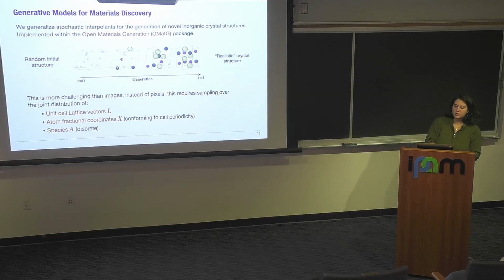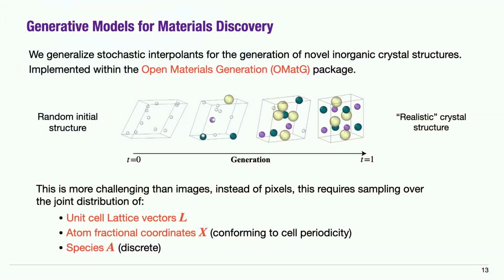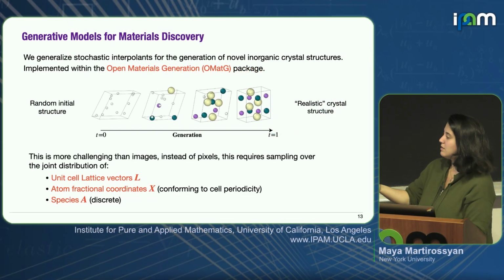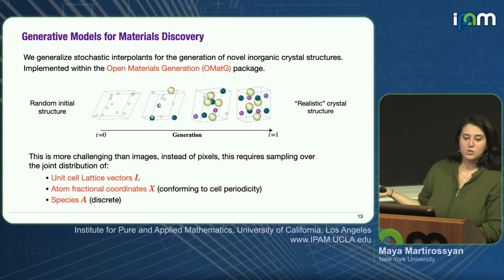This was done as a big team, a collaboration that Richard is in fact part of. It's called OMatG, for Open Materials Generation, because everything that we do is open source or going to be open source. The idea here is exactly as I've been saying: we start by sampling an easy-to-sample distribution. This would be a uniform distribution of positions. For the lattices, we use a pretty narrow base distribution taken from our data set, so we make it look roughly like the lattices that show up in our data.